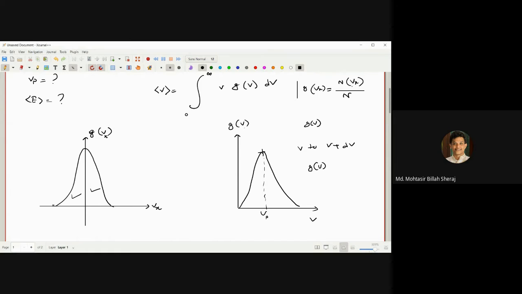Similarly, we can define such a quantity for the speed distribution function. This is n(v) by n, where n(v) is the number of molecules within the per unit interval within the speed range v to v plus dv. Okay, so now